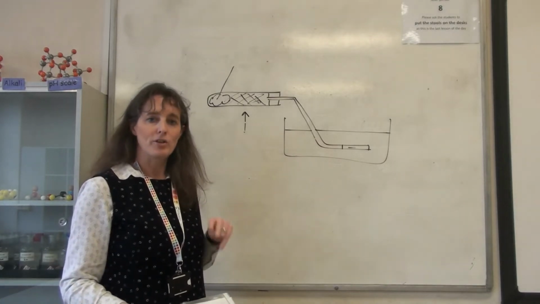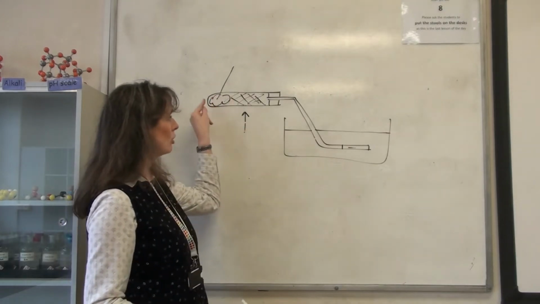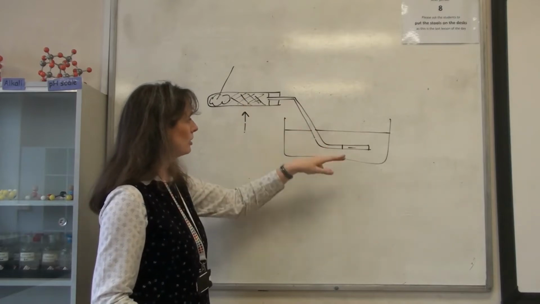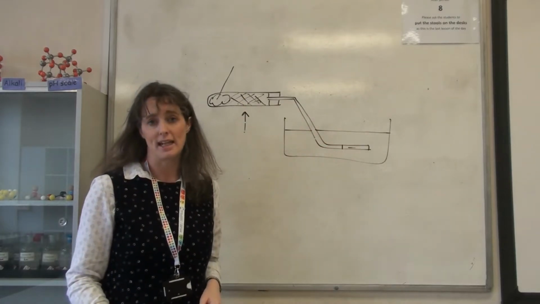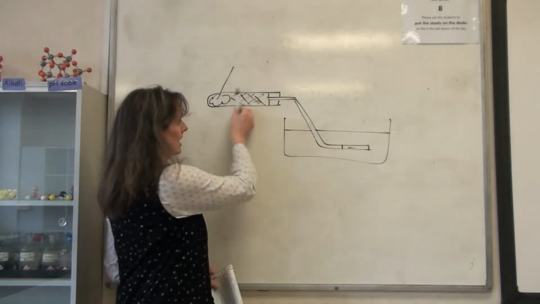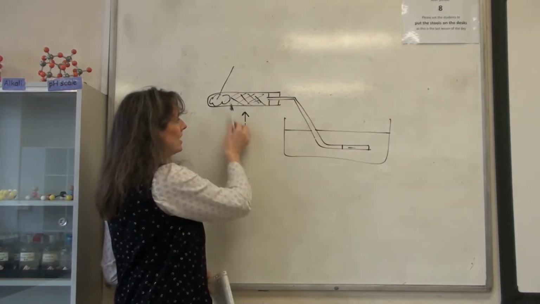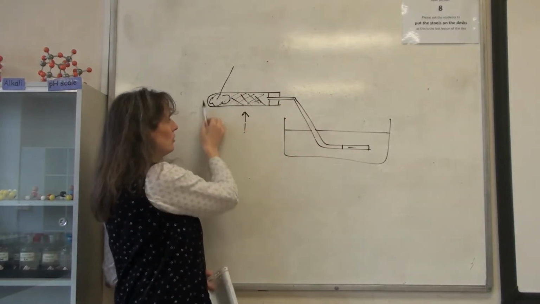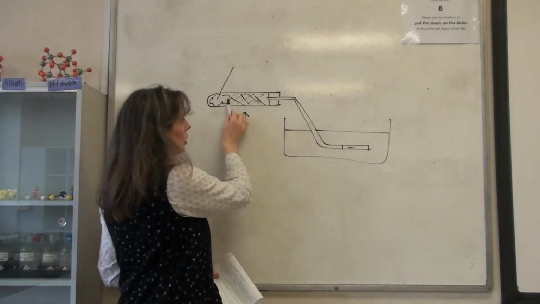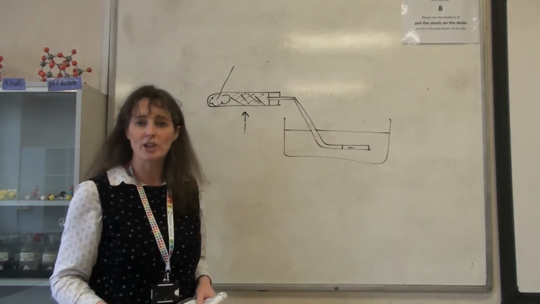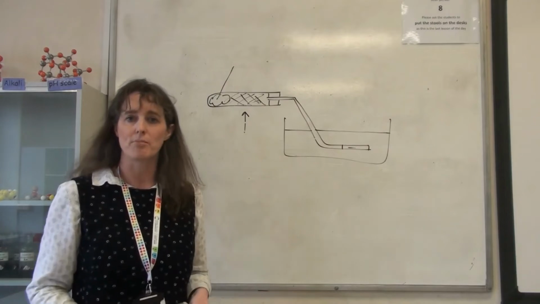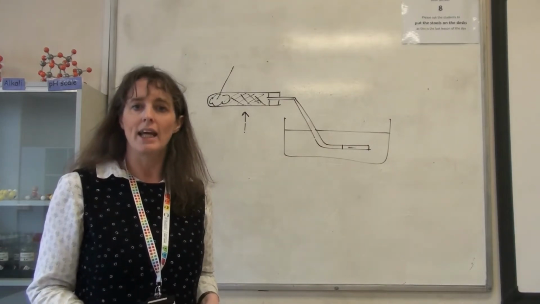So remember, if you didn't do that, what would happen is the alcohol would just evaporate or vaporise and then go into the cold tube without reacting, i.e. it would just distill. So we want to make sure that the catalyst is really hot before we do that. So we heat that strongly, and just enough energy will transfer across to vaporise some of that alcohol. And once this is nice and hot, as it passes over, there will be enough energy to overcome the activation energy and to break bonds, because we're going to have to break actual covalent bonds